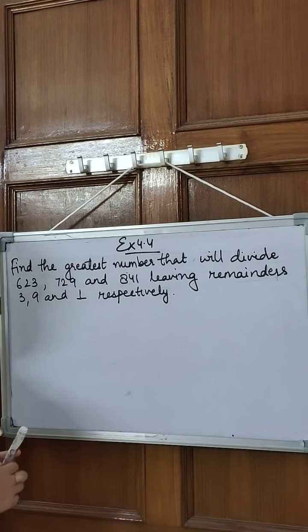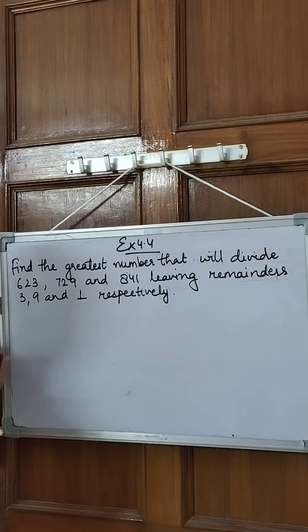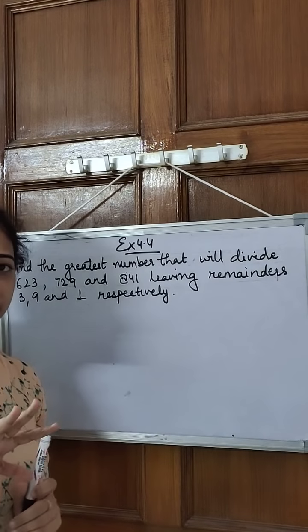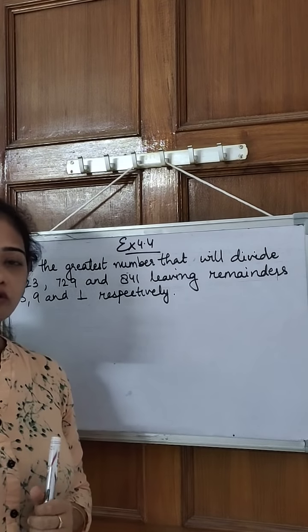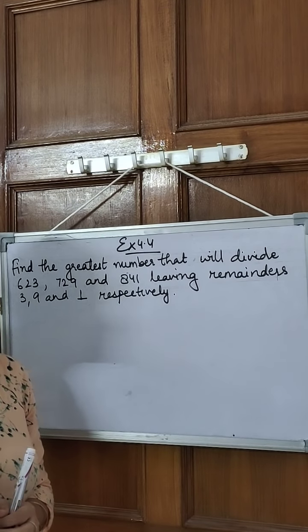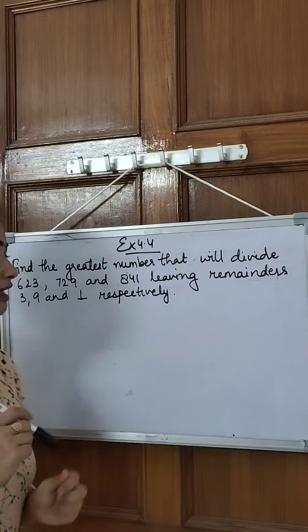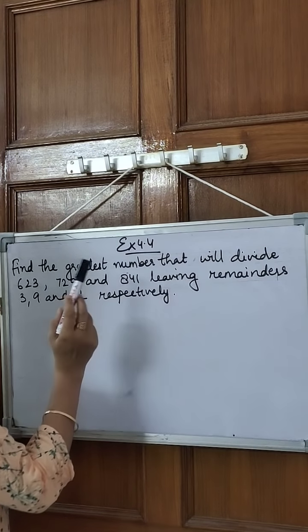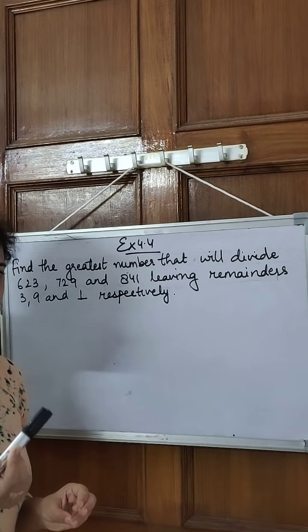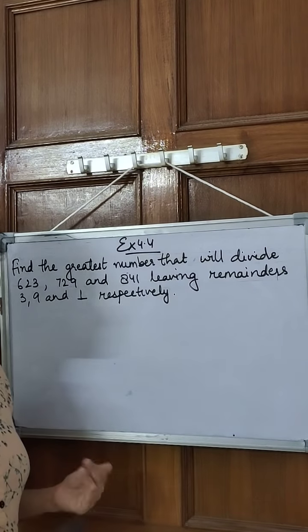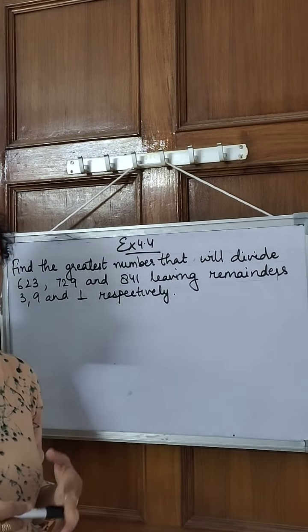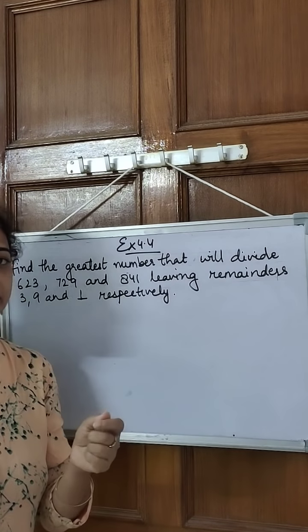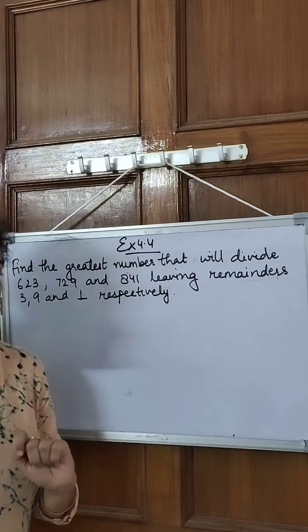Okay. So this is one question. Find the greatest number. There is a very simple way, when you study both LCM and HCF, to know whether you have to find the LCM or the HCF when you read the question. It is with the help of these words. If we say highest common factor, or greatest, or largest, this type of term will give you a hint whether you have to find HCF or LCM.